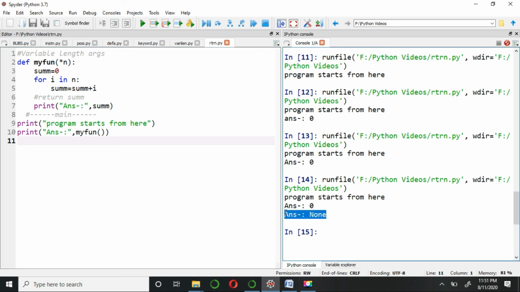So this is how return statements work, and it is very useful. We should avoid calculation in our function definition, and we should not print the result there because it doesn't allow us to do the programming independently, which is the main feature of a function. So we should always return something from the function. So this is how the function return statement works.